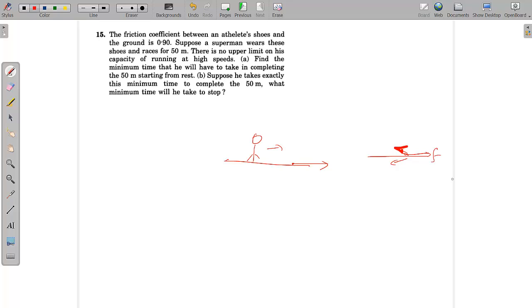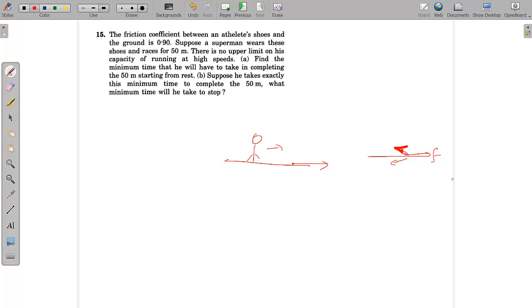Just assume that you are standing on ice and you try to run. You cannot run, right? Because there is no friction force. So that means the friction force was actually allowing you to run. The friction force was the force acting in the forward direction for you to run. So if there is no friction force in the forward direction, you cannot run, that means the friction force was acting in the forward direction. So that's the same thing here.